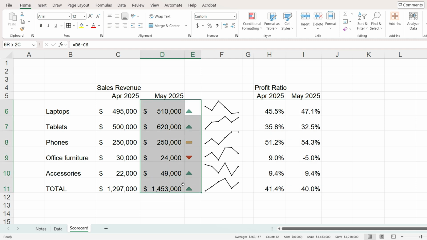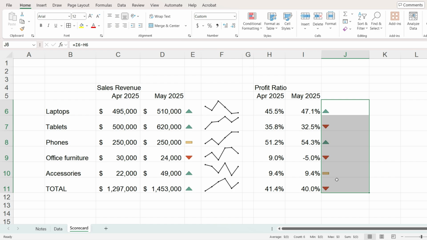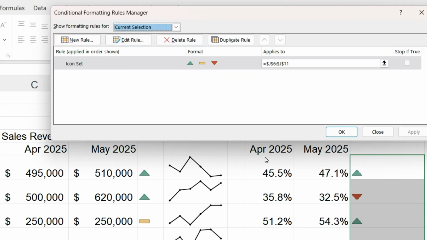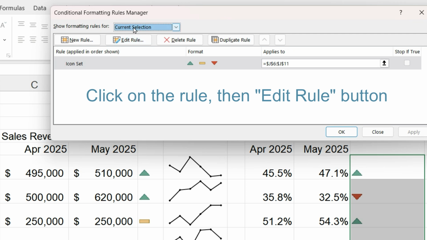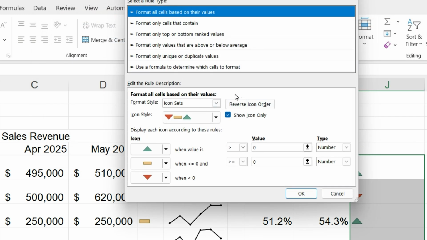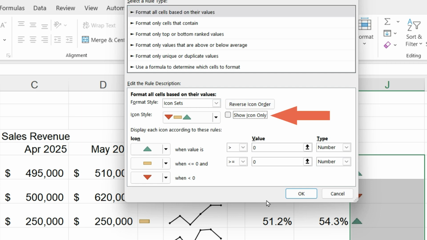Now we can copy this conditional formatting here. And while these are selected, if we look at conditional formatting, manage rules, it is showing us the rule for the current selection. If we edit the rule, we see that we have all the same settings. And if I unclick show icon only,